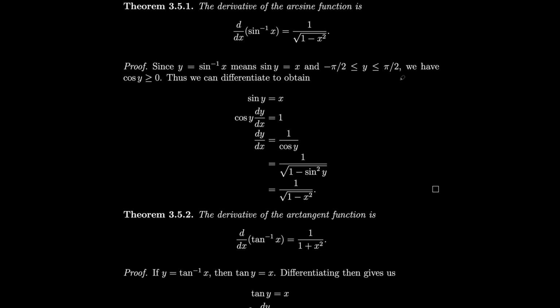So we have sine of y is equal to x. We take the derivative of both sides. We get cosine y dy dx is equal to 1. We divide by cosine y. We get dy dx is 1 over cosine y. So then cosine y is the square root of 1 minus sine squared, because cosine squared y plus sine squared y is equal to 1. So we subtract sine squared, we take the square root,